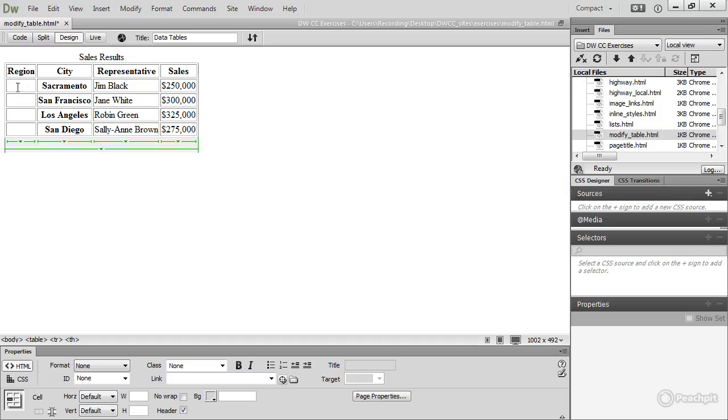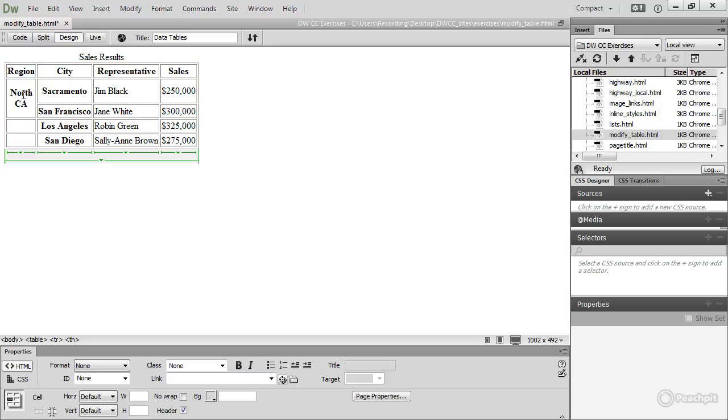What I want to do is to merge these 2 cells, so I can click and drag to select those 2 cells, and in the Property Inspector it shows me here Cell, and there is this tiny little icon at the bottom left, and it says merges selected cells using spans. So I click that and those two cells are merged together. So I can now type North California,